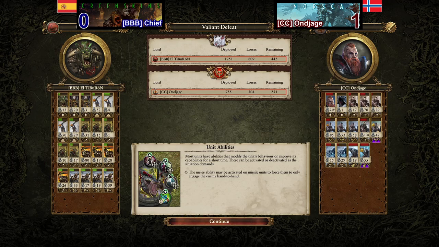Alright, back to the battle here. So yeah, looking at this, BBB Chief definitely had the numbers on his side, but I think what's clear here is the goblins, I love goblins, and I find them very useful in a lot of matchups, but unfortunately against the Norskins, it's just fodder, and not in a way that will actually buy much time, because Berserkers will shred them. One big charge from a Mammoth will terror them out,